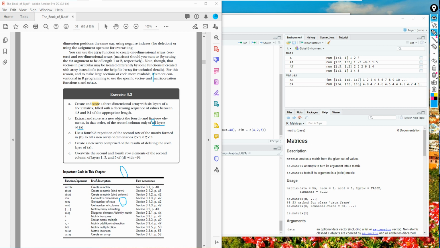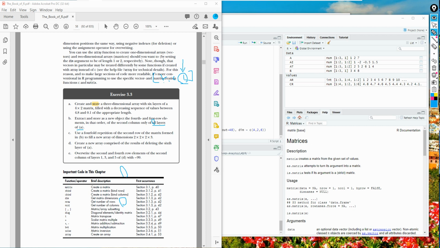Remember, if you look at the index, the first one is row, column, and the next one is layer, L. But they said all layers, so this has to be blank. And then the object, the fourth and then first row, right?